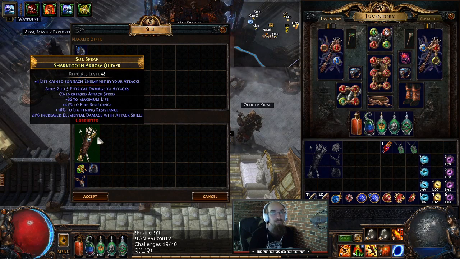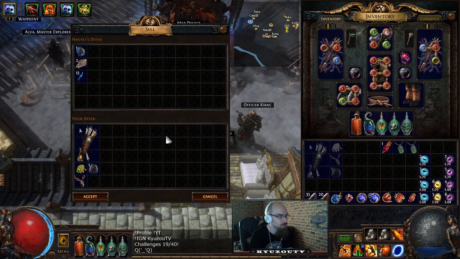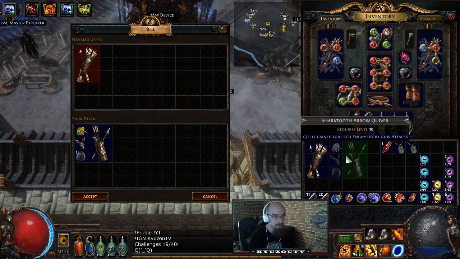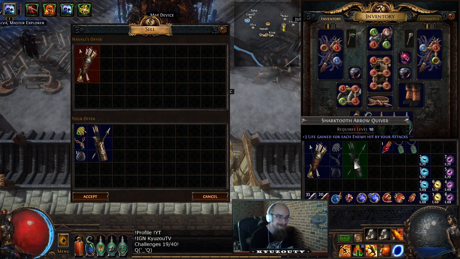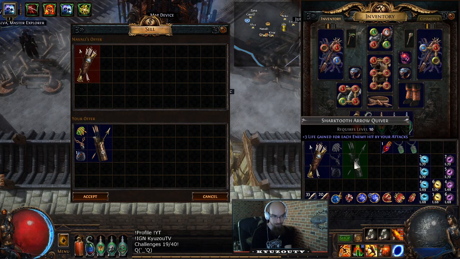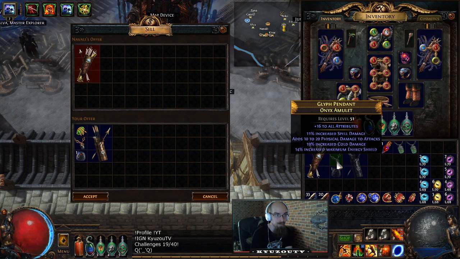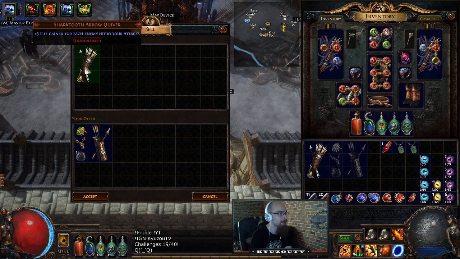Now, I spent like 15 minutes trying to buy a base because my vendors wouldn't sell me one, so I'll see you in a bit. And there we go. Now, very importantly, the quiver has to be white. I completely forgot about that. So, 1% quality Rain of Arrows, a rare onyx, 1 chance orb, a white shark tooth arrow quiver. It's going to give you a...